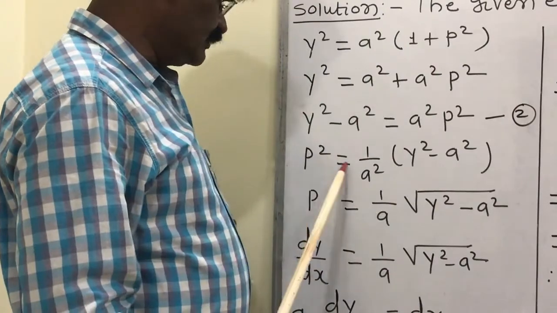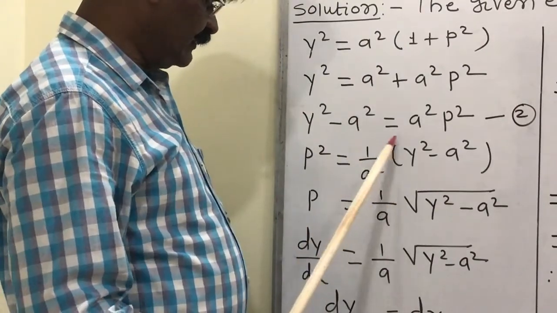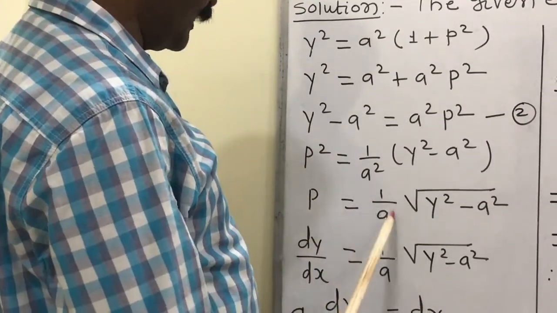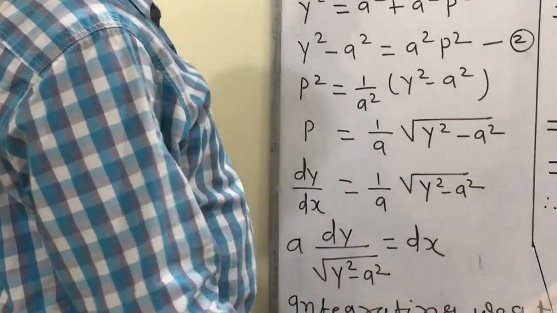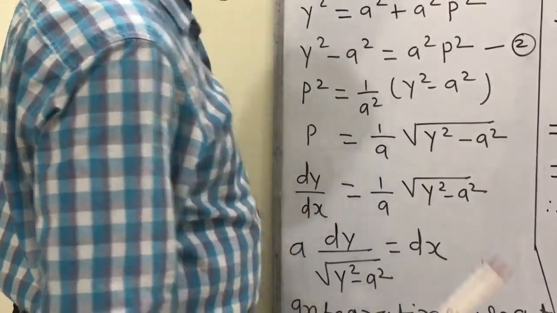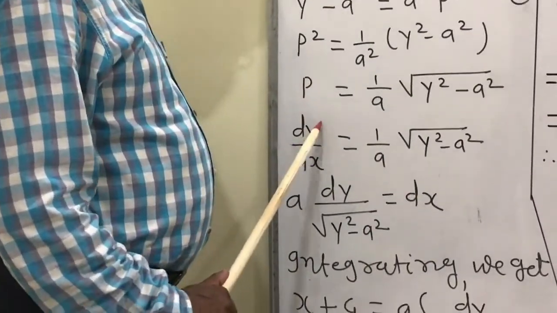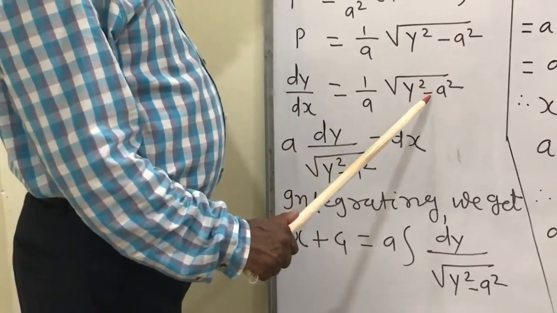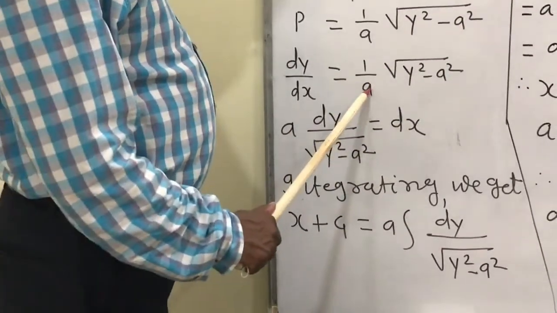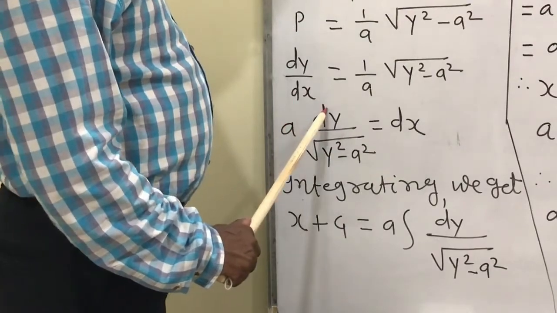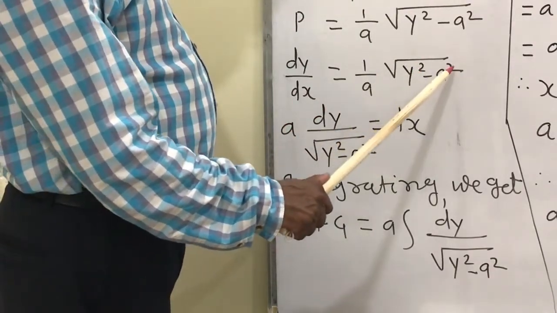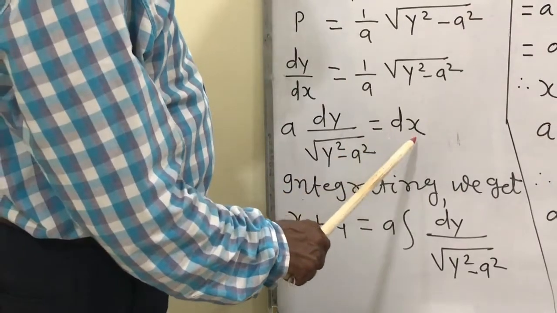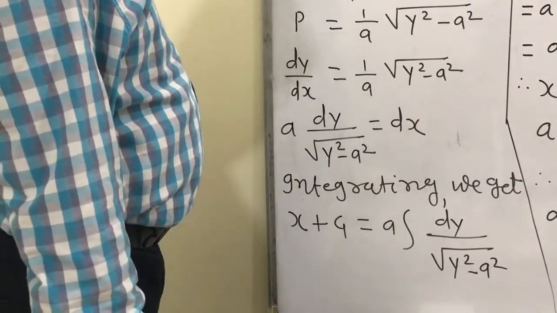p square which is equal to 1 upon a square in bracket y square minus a square, and hence p is equal to 1 upon a under root y square minus a square. But we know that p means dy by dx which is equal to 1 upon a under root y square minus a square. This a goes to here, a into dy, this under root y square minus a square goes to the denominator on the another side, and which is equal to dx, and which is nothing but